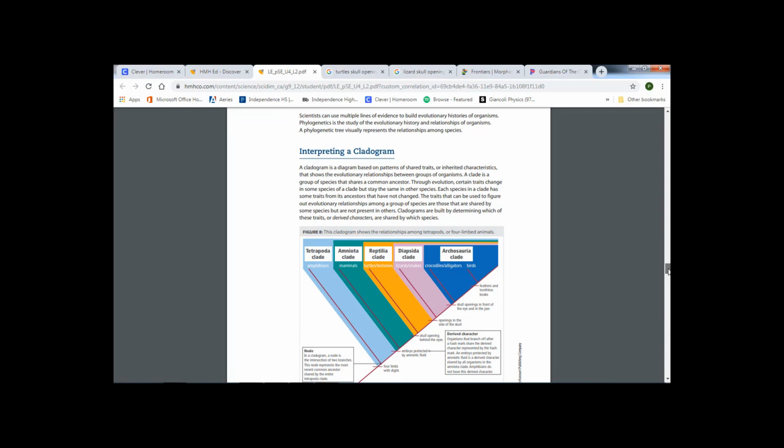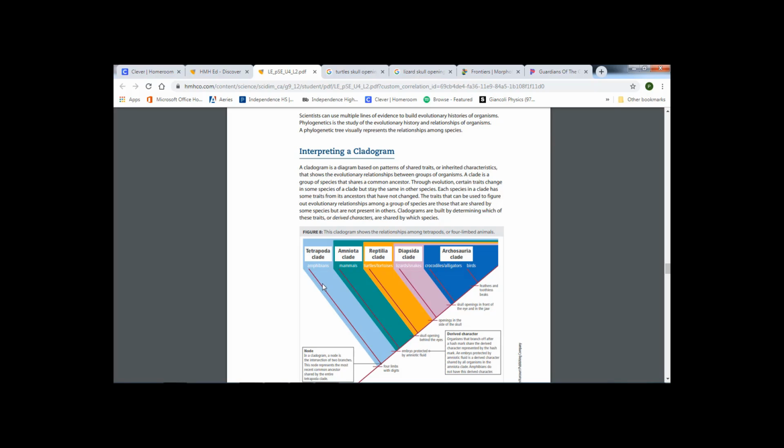A cladogram is a diagram based on patterns of shared traits or inherited characteristics that shows the evolutionary relationships between groups of organisms. So all the organisms in this group is a clade, and they share a relationship. A clade is a group of species that shares a common ancestor. Through evolution, certain traits change in some species of a clade but stay the same in others. So in this cladogram, it's showing the relationship among tetrapods, or four-limbed animals. So all of these have four-limbed animals of some type, and we're looking at the evolutionary relationship based on that